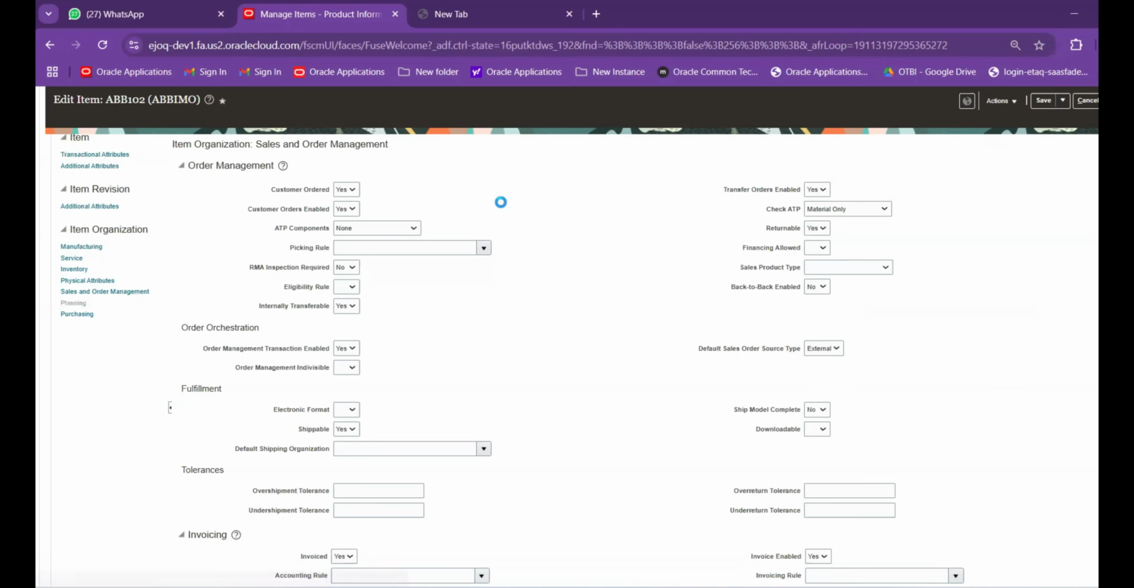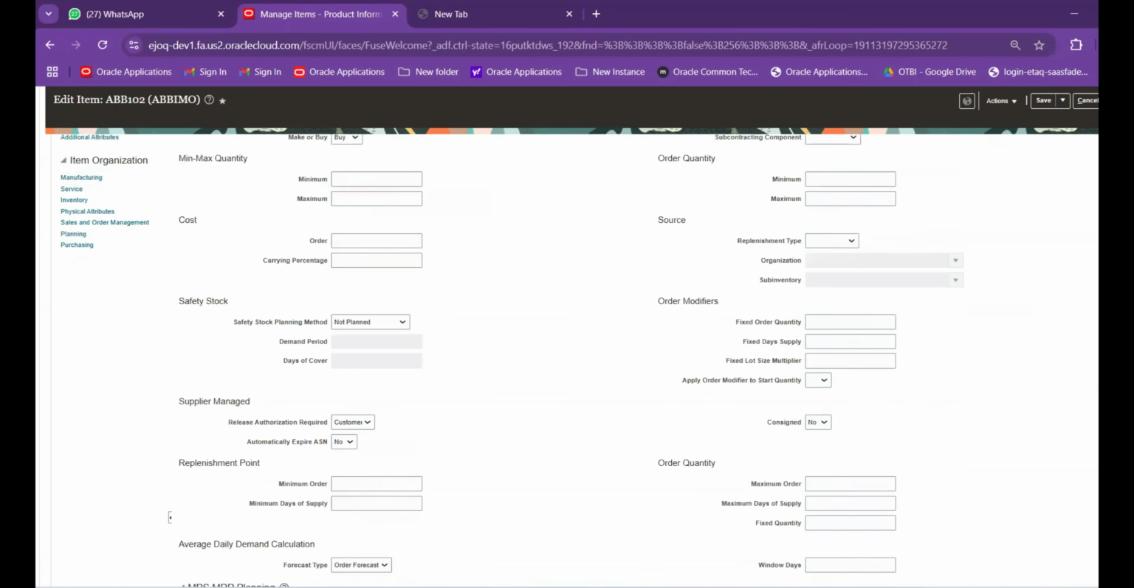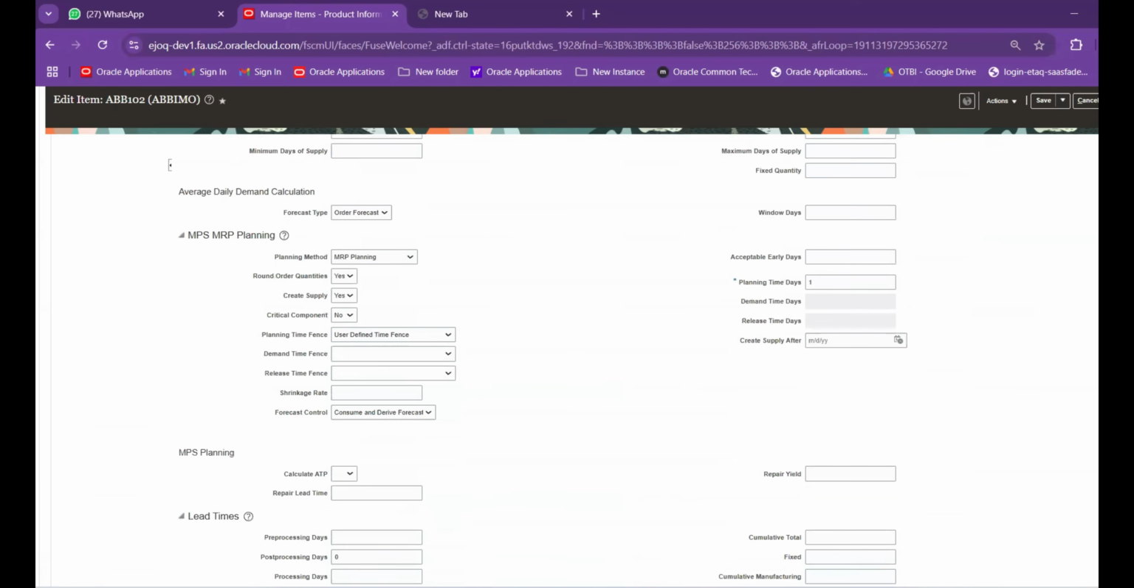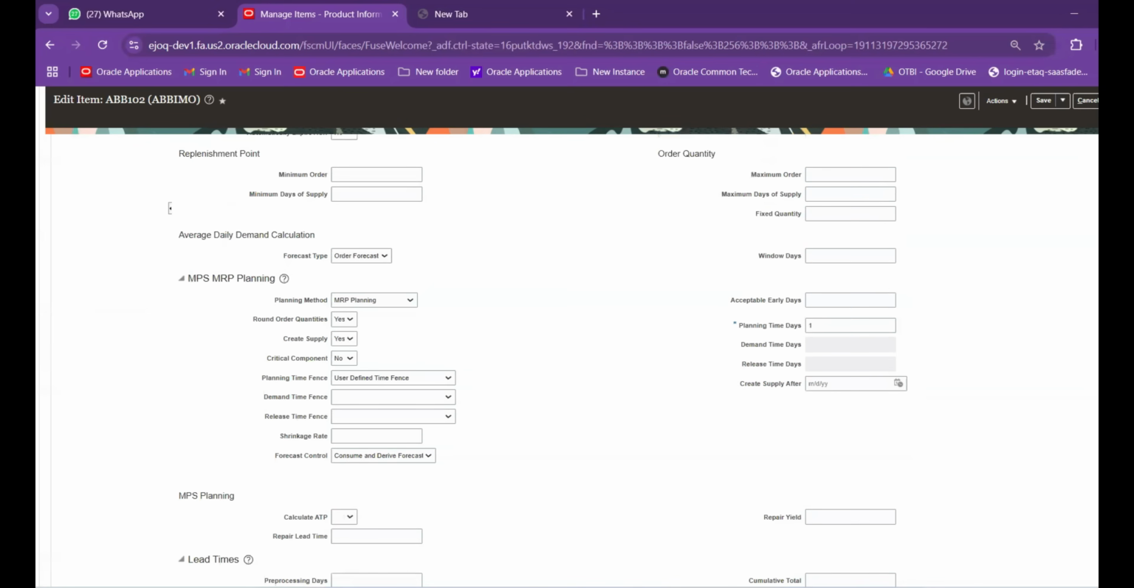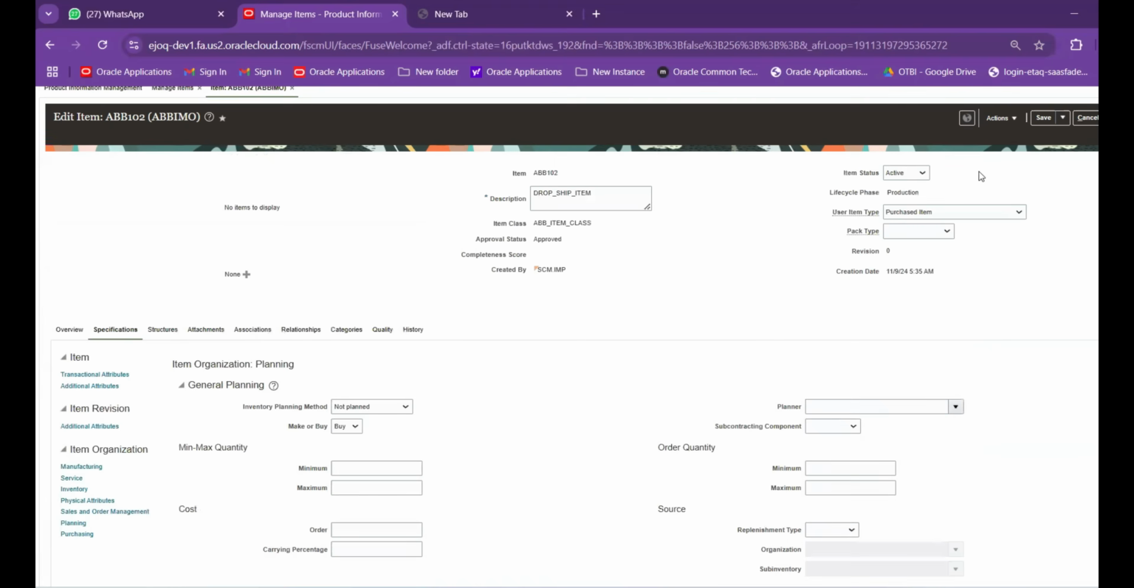Now coming to the planning side. We have already defined the planning method, and then create supply as yes. We are using the user defined time frames. These all are required for MPS MRP planning. Then coming to the